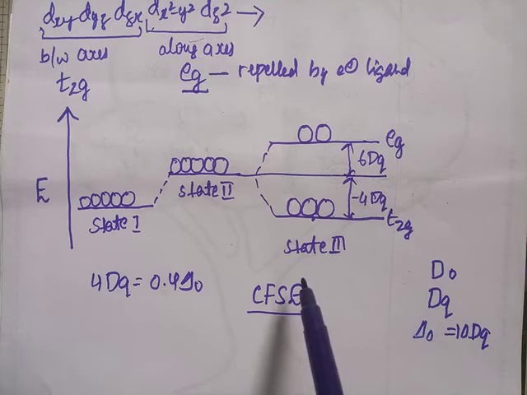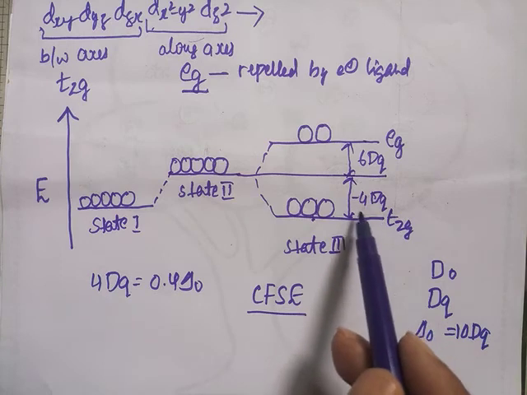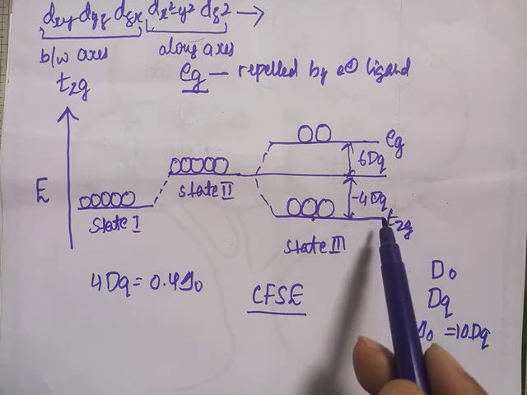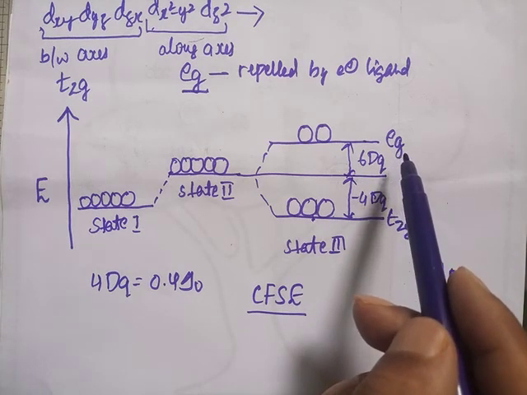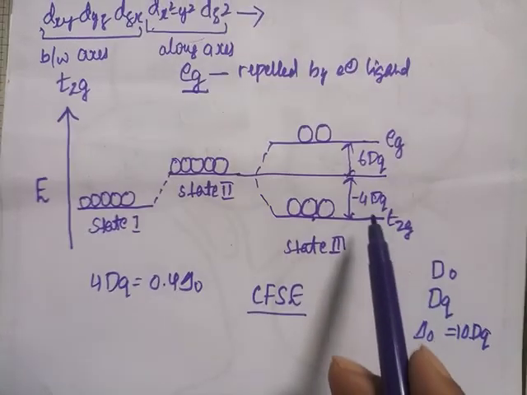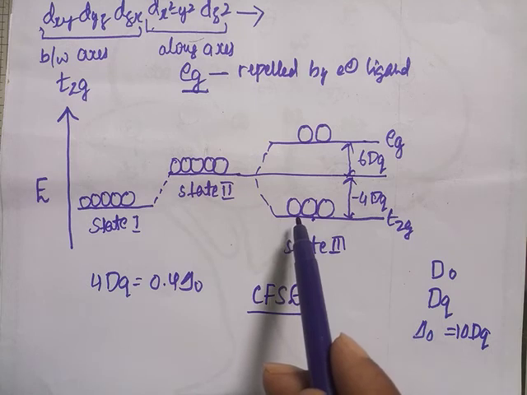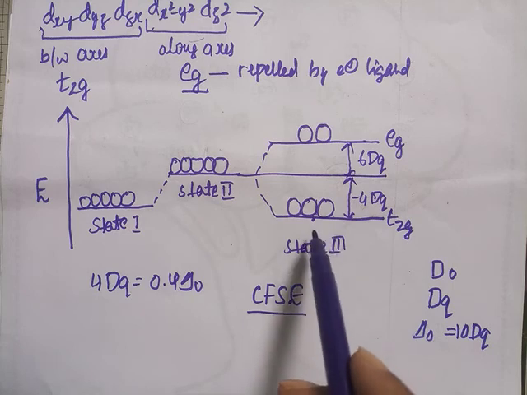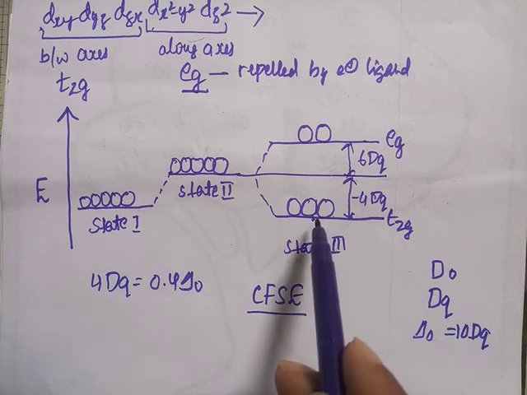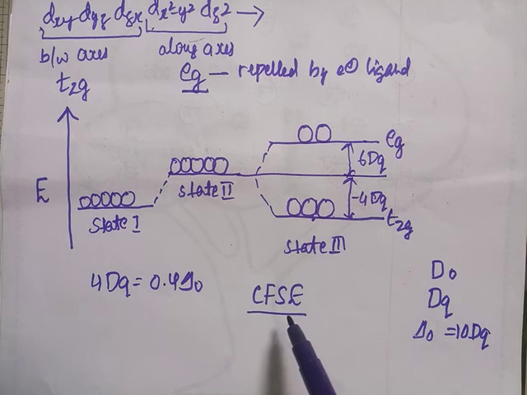Thus for each electron entering into the T2g orbital, the crystal field stabilization energy is 4 Dq. Hence for each electron entering into the Eg, the crystal field destabilization energy would be 6 Dq. So this is the stabilization energy. Because the electron always prefers to enter into the lower energy orbital, it is called preferential filling of the lower energy orbitals.